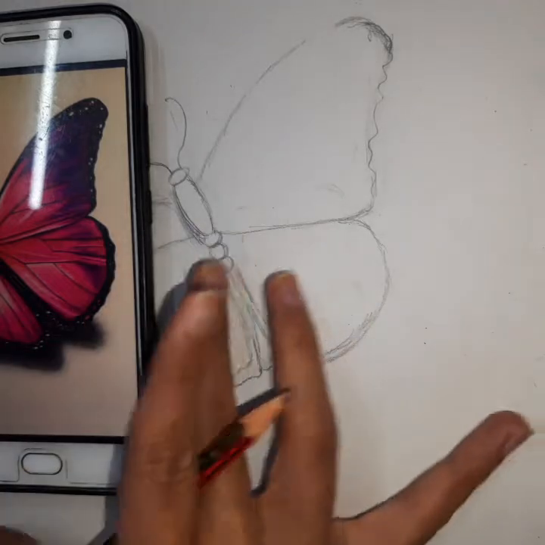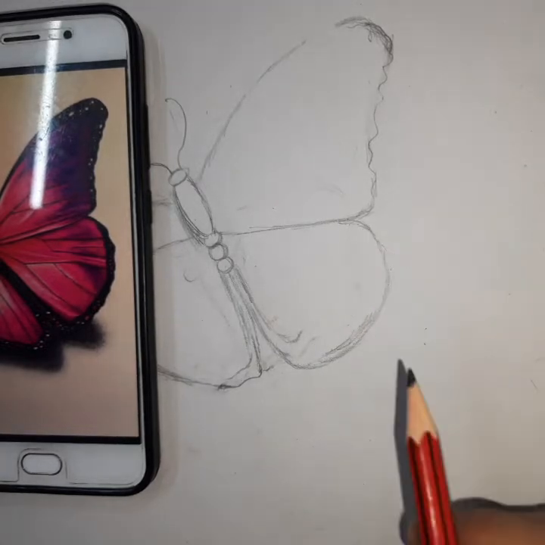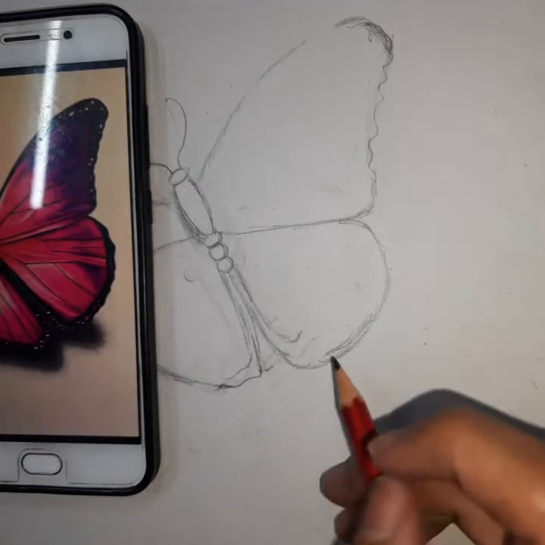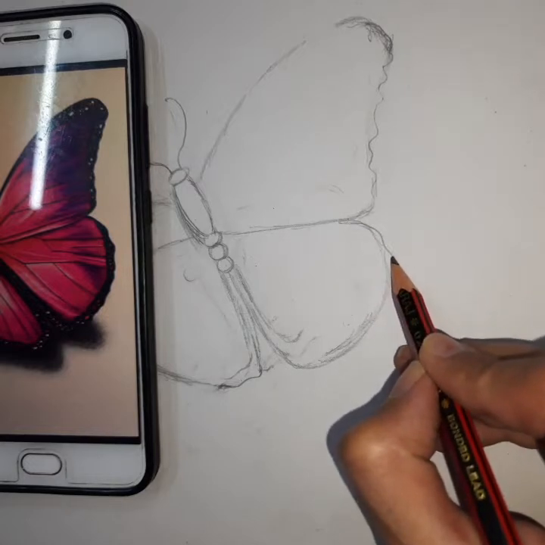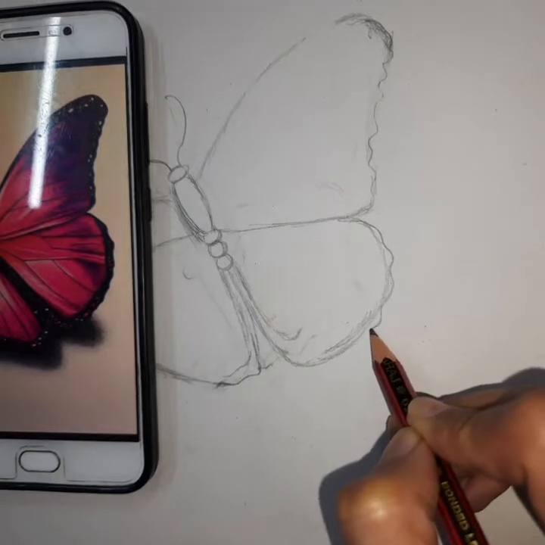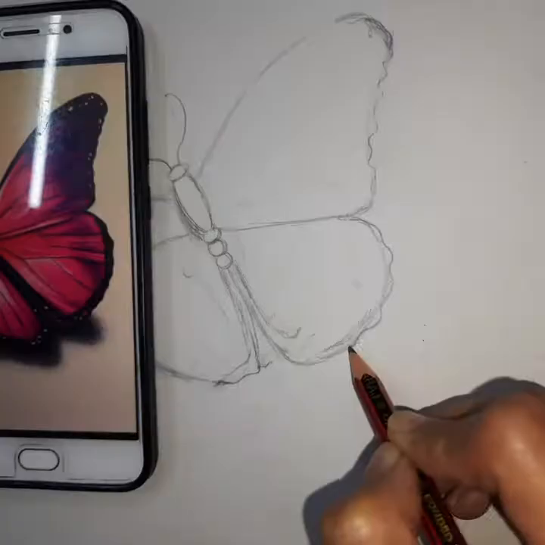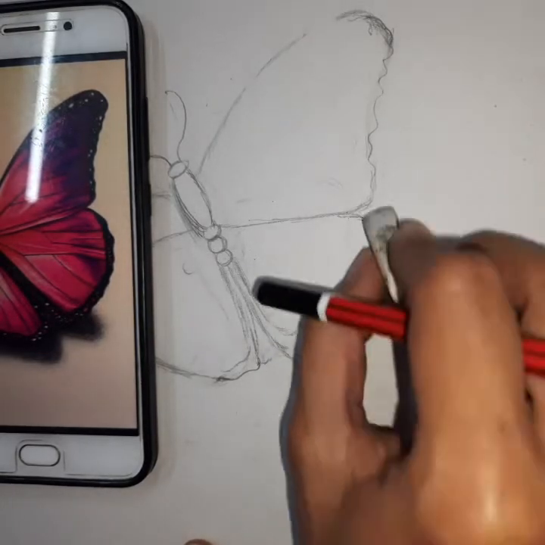Then we can go with the shape that is required. Once we get that shape, we will follow the outline given in the picture. See, I have got that outline now, and then I am going to make curves on it, and afterwards I am highlighting my curves and erasing the line below it.